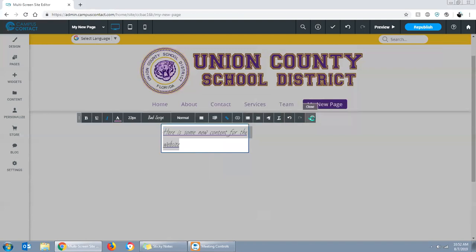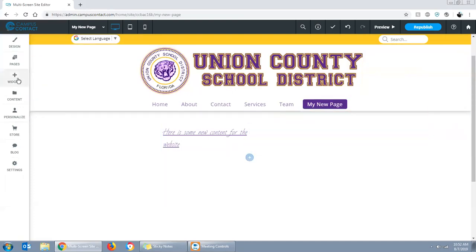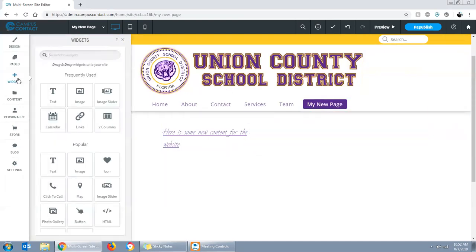And when you're done, just click close and it's automatically saved. So no more of that page refreshing stuff. Let's go add another widget. As I mentioned the widgets earlier, we can add widgets from here and we can just drag them out